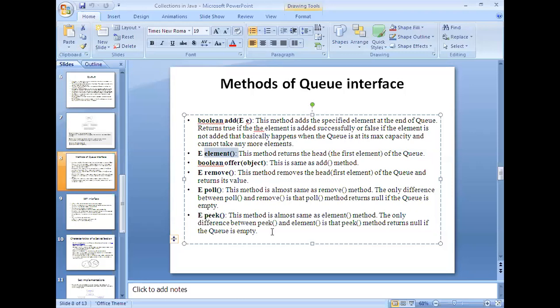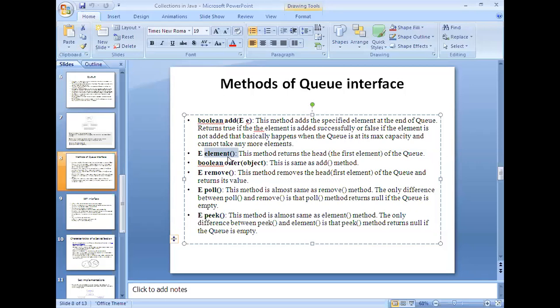And then peek. This method is almost the same as the element method. The only difference is that the peek method returns null if the queue is empty, whereas the element method looks for the element present in the first position, the head position, and displays it. If the queue is empty, meaning no element is present, it will generate an exception, whereas the peek method produces the null value as output.